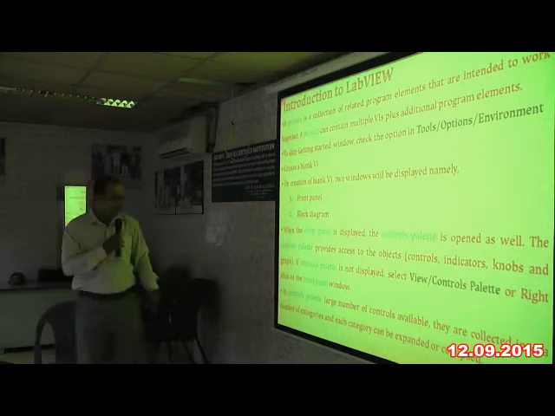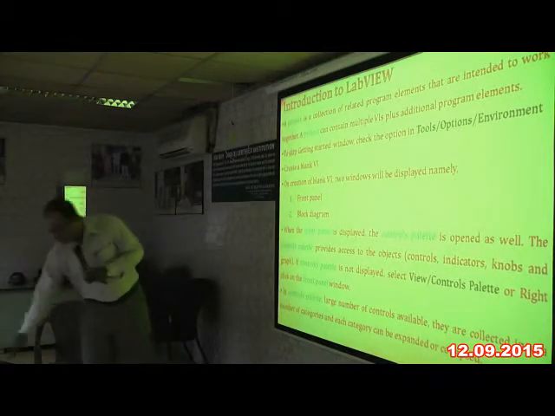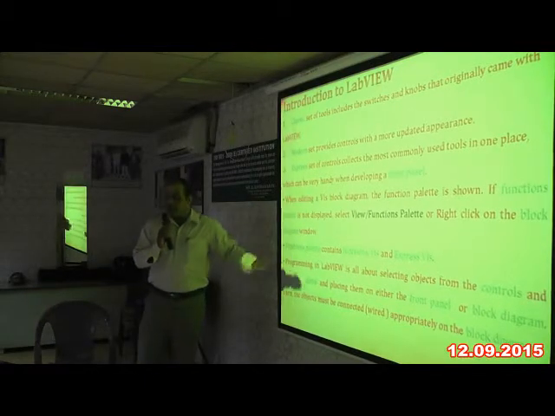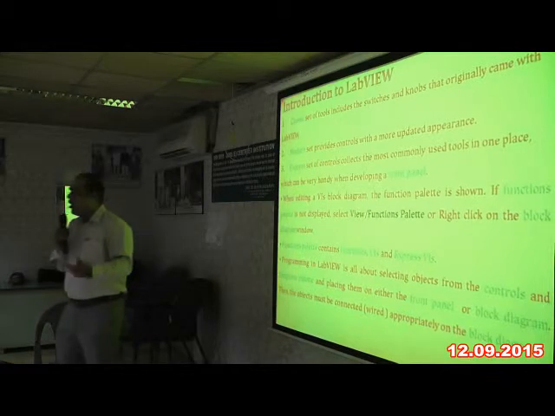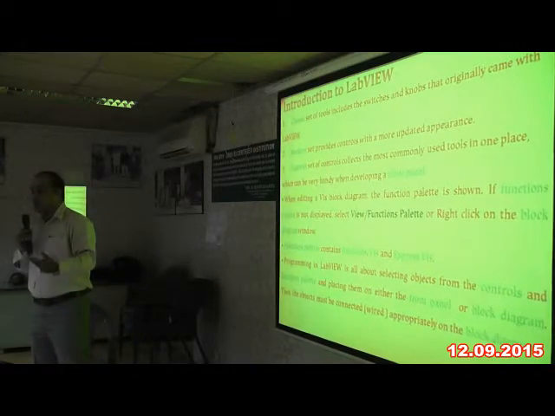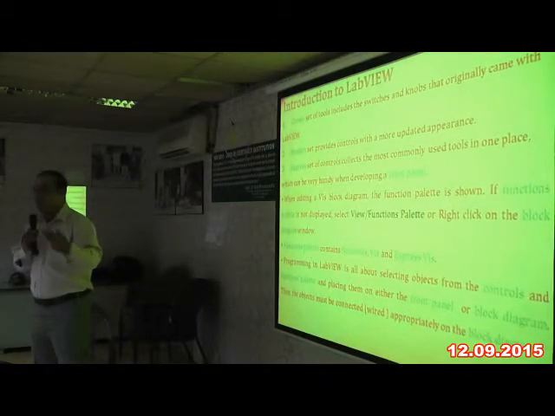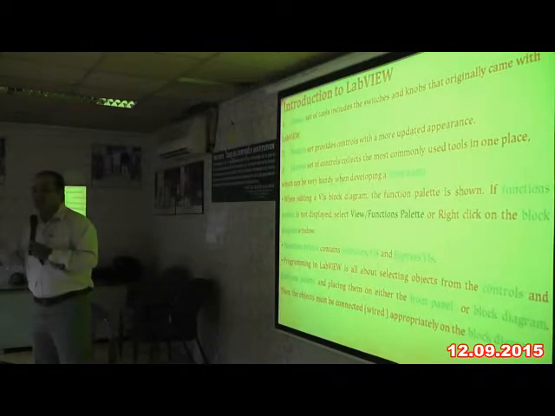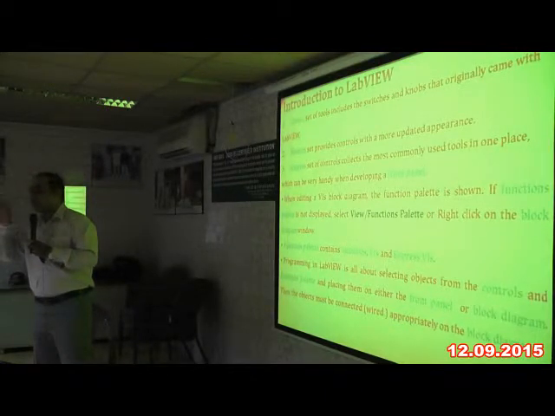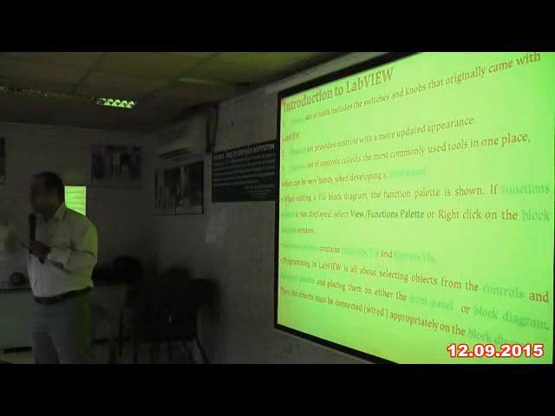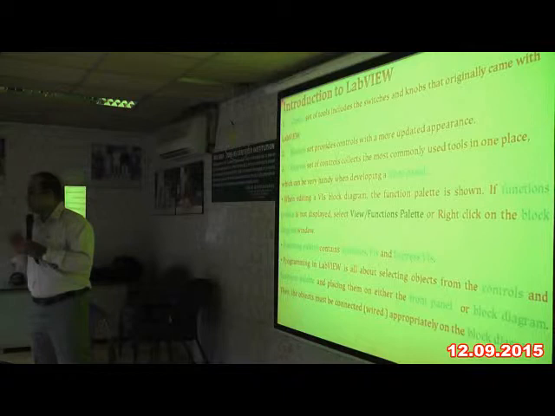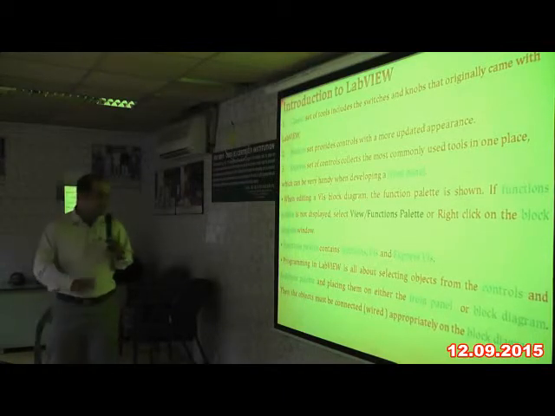panel window. Similarly, there is a functions palette, which is associated with my block diagram window. The controls palette is associated with the front panel, and the functions palette is associated with the block diagram, where I have different types of transforms and image processing algorithms. I just have to search for the item, pick and place it, connect it, give the appropriate parameters, and as soon as I run, it gives an output. It is very, very simple.